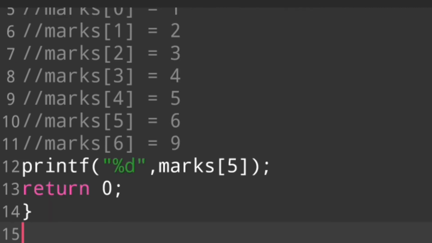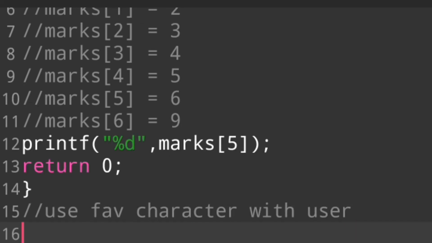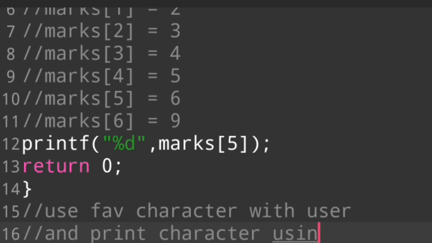Your task is to take a favorite character from the user and print the character using an array.